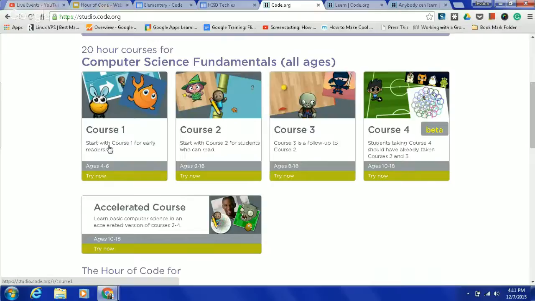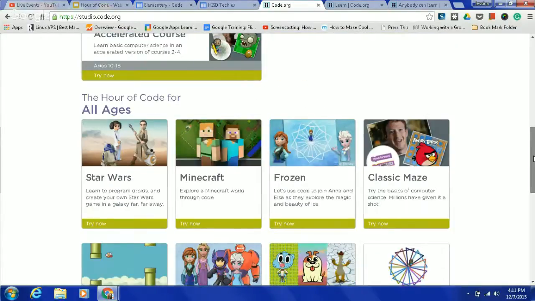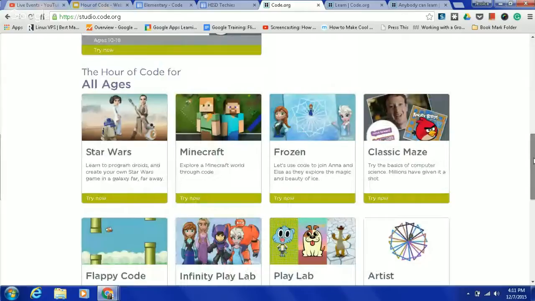So for this first course, it says it's ages 4 to 6. And then course 2 says 6 to 18, 8 to 18, 10 to 18. And then you get your accelerated courses that would say 10 to 18. So you get to decide what age range you are working with. If you want to go down a little bit further,